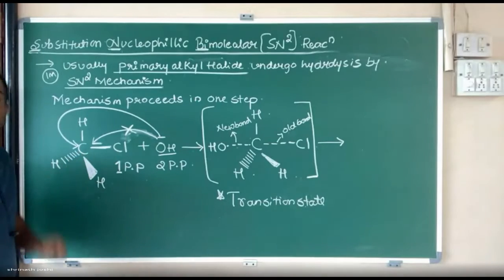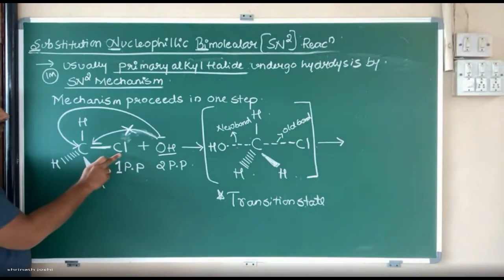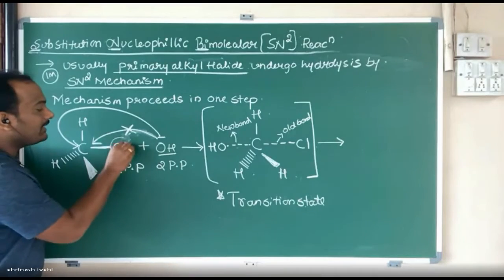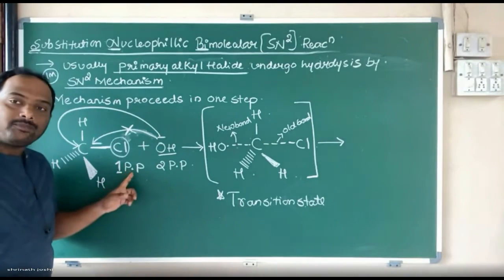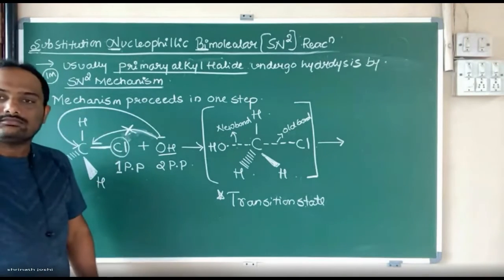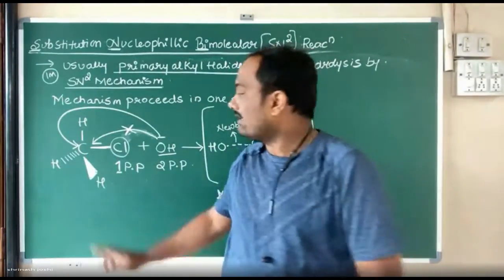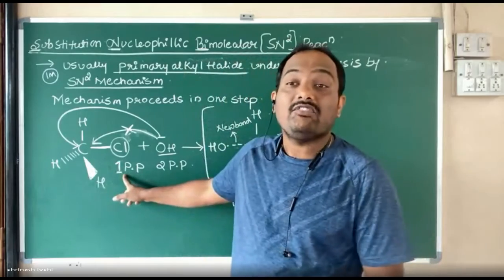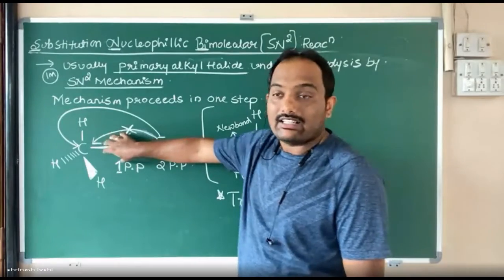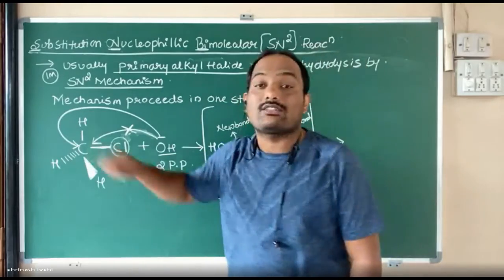This carbon is very clever. See, look into the story. If it loses the chloride atom in the beginning only, then it is losing 1 plate of pani puri. Yes or no? In the beginning, if carbon tells, hey Cl, you go out, I want only OH, then it is going to lose 1 plate of pani puri. But the carbon atom is very clever. What will it do? It will retain the chloride atom and it will get 2 plates of pani puri from the OH. Now tell me total how many plates of pani puri carbon has got.